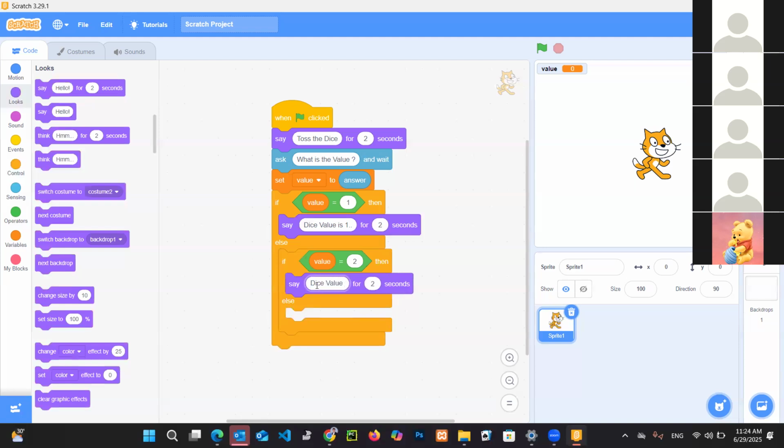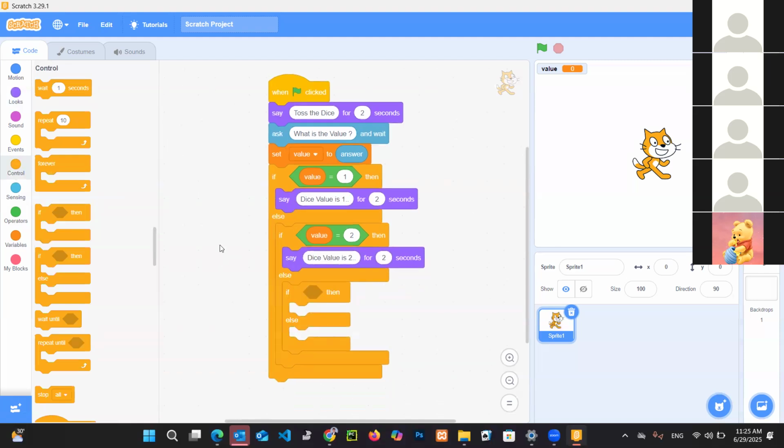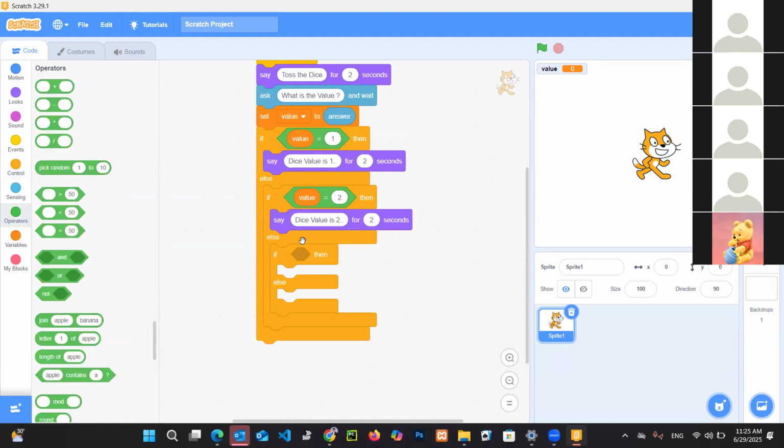Dice value is 2. You can type this kind of message, right? Now, what we'll do in the else part? If the value is not equal to 2, again we have to check whether the value is equal to 3. Therefore, I'll put another if then else part, right? Another if then else. In that, I want to check whether the value is equal to